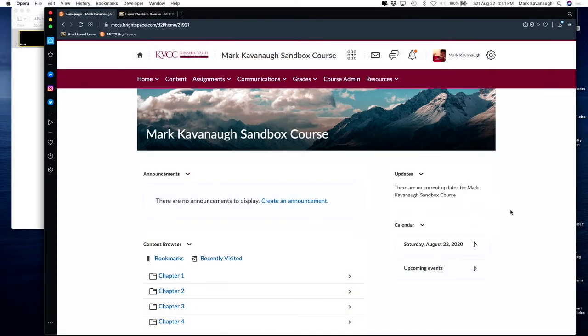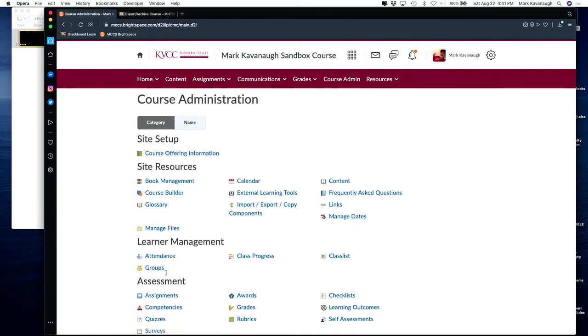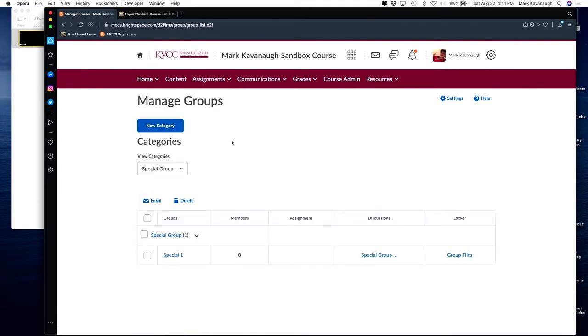And you'll see that I'm in my sandbox class. And the group function is actually such that you go in and you create your groups ahead of time. So you go into course administration and there's going to be a link for groups. And here is where you define the parameters of your group. So you can see that I already have one in there. But if I wanted to go to a new category,